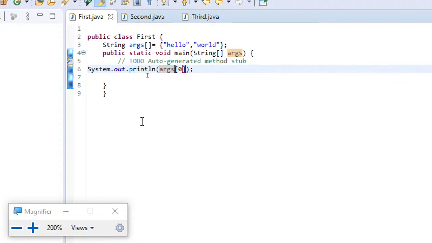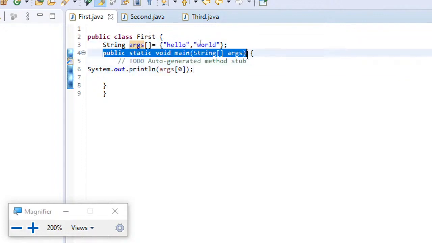Now observe carefully. Here within this class first, I have defined a string args array. This is an instance variable, since I have defined it within the class above the main method, and I have initialized two values for this args array, so args of 0 holds the value hello and args of 1 holds the value world. And this is the main method which has the string array args.